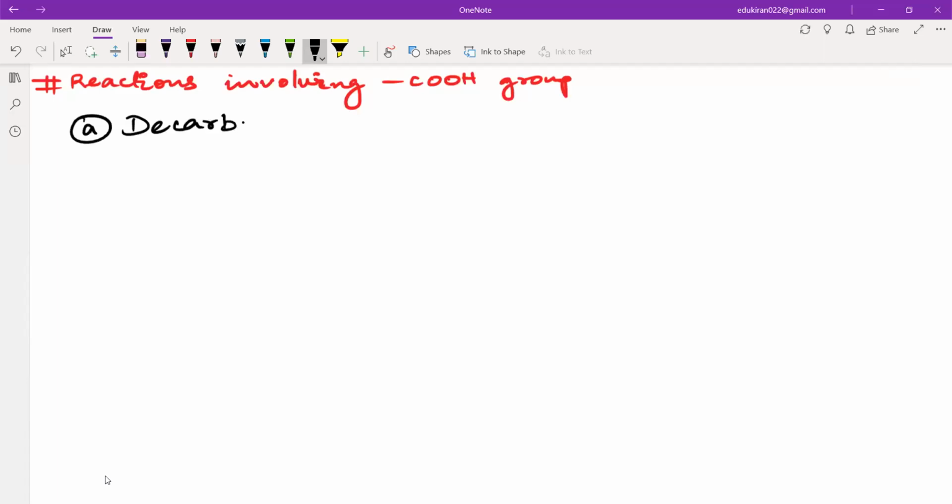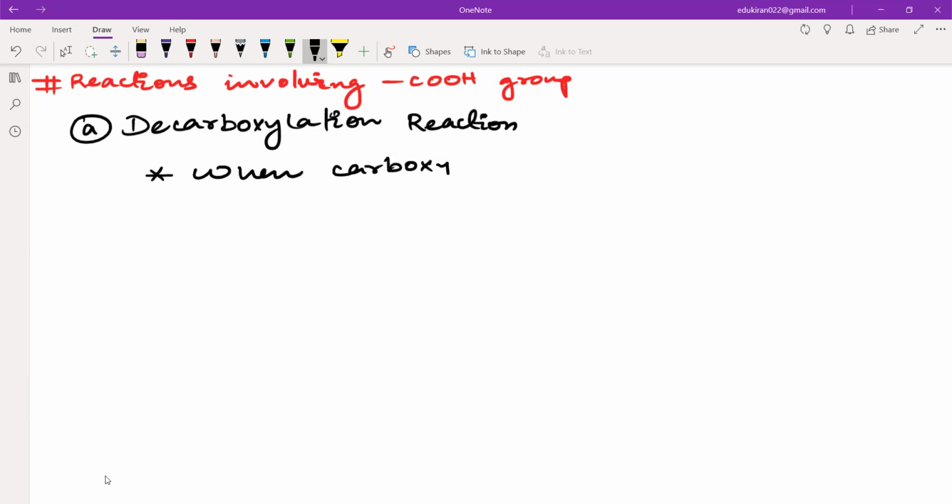Decarboxylation reaction. So in a decarboxylation reaction, you react carboxylic acid. Please write with me. When carboxylic acid is treated with soda lime,